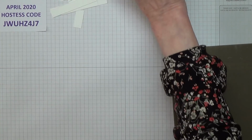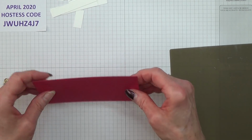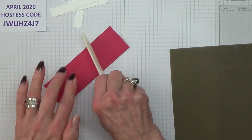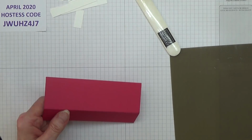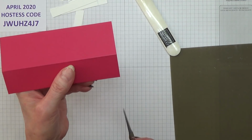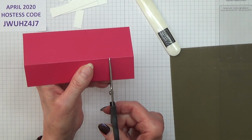Now we put the small piece to one side and we take the medium sized piece. What you need to do is fold on the long score line and give it a good burnish. Now what you need to do is to cut out those squares. And what you need to do with these is on the up line where you're going down as...